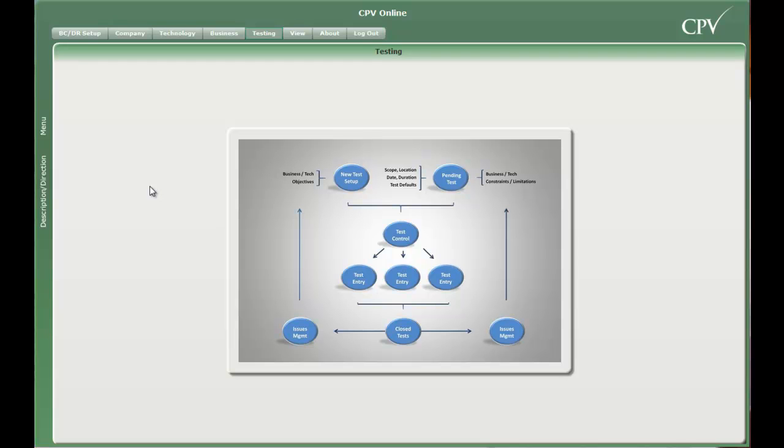In this segment we're going to import test history. In a previous segment we imported business and technology data. Now it's time to take advantage of all that old test data that you have. CPV allows you to put it into a CSV file and then bring it directly into the software and immediately